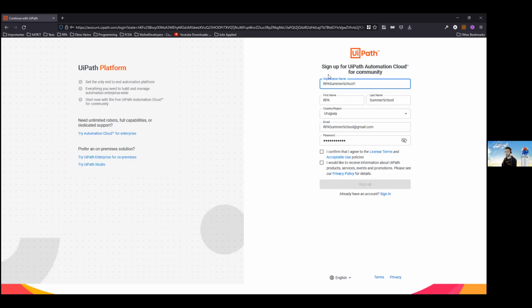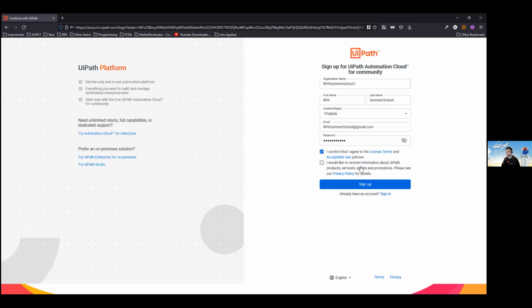Yeah, and we can also show what happens if you already have an account, but you need to download Studio. I can show that with my own account, just because you need to click in a different part here, but let me show that to you. So here we complete all the data, we set a password, we check that it complies with all the requirements. We agree with the license terms. You probably want to read the license terms, not right now because we are using the community and you can trust us. But if you're going to go forward, then you should always read the license terms.